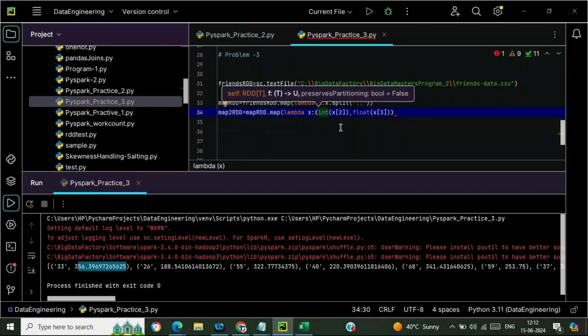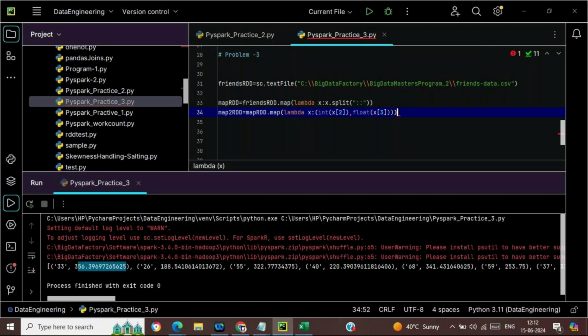So what I will have is the integer of x of 1, x of 2, sorry, comma, the float of x of 3.